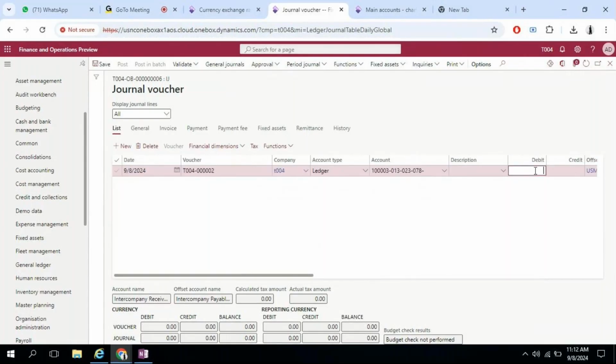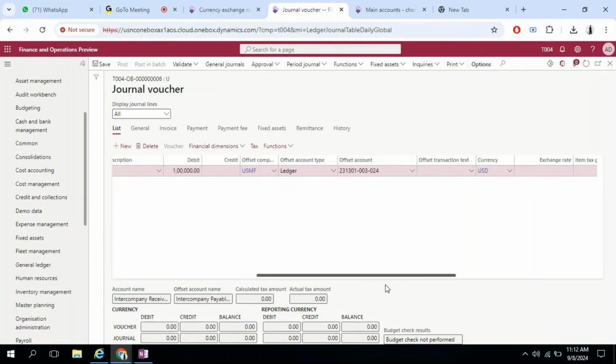Right now we have not entered the amount, sorry. So what will I write as the amount? I want to take 1 lakh USD from the USMF entity into my T004 Titan US entity. So now you can see that,